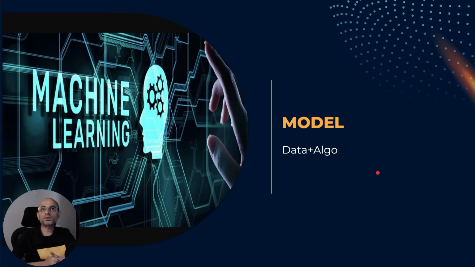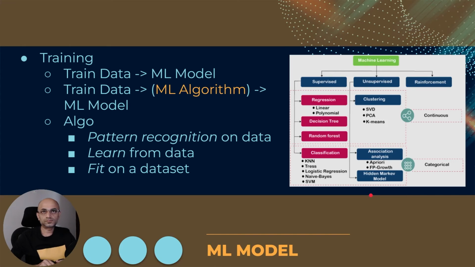And now let's look at the model that we are talking about, which is built as part of the training, and also which is used during the real-time use case of the ML model to predict the outcomes for the specific problem. So when you are training, we know that there is training data, and using that we are building an ML model. And note that to build the ML model, we will use some ML algorithm.